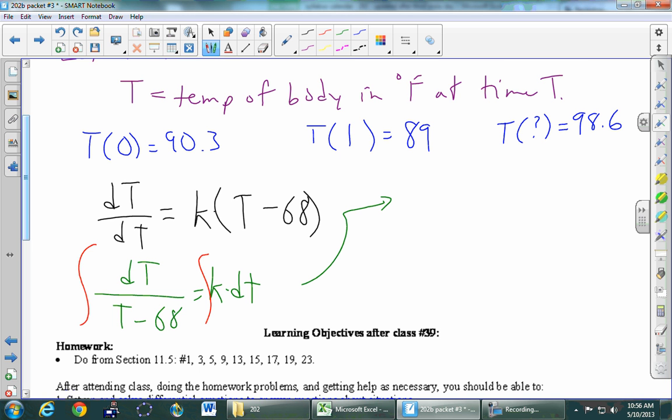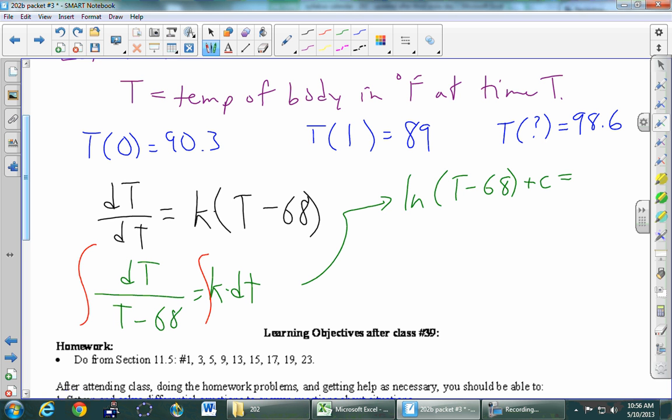So we're going to integrate the left-hand side. Thoughts? Yeah, it is a U-substitution. We would let U equal the whole bottom, T minus 68. What's the derivative of T minus 68? It's just 1 dt. So this is going to become just a du over U. What's the integral of du over U? It's ln. So this is just going to become ln T minus 68. Don't forget the stamp, plus C,